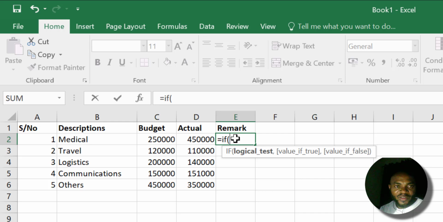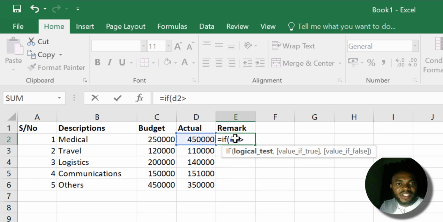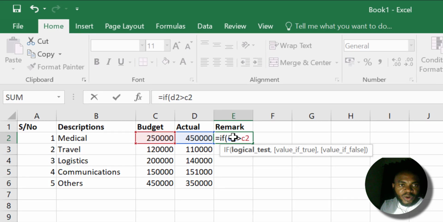So what are we testing for? We are saying if the actual is greater than budget, let us say that we have overspent. But if it is the other way around, let us say we have underspent. Now from this table, you will notice that the actual is contained in the D column, right? And the budget is contained in the C column. So we're going to say if D2 is greater than C2, right, comma,